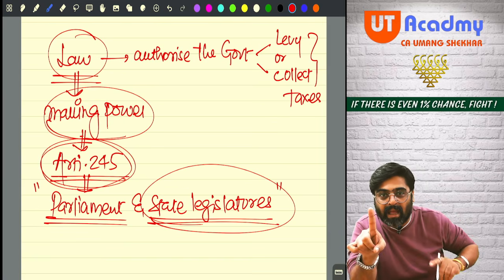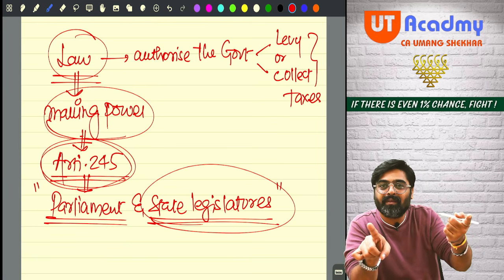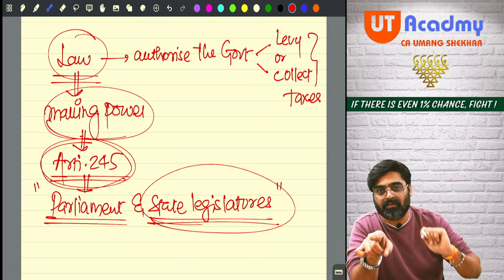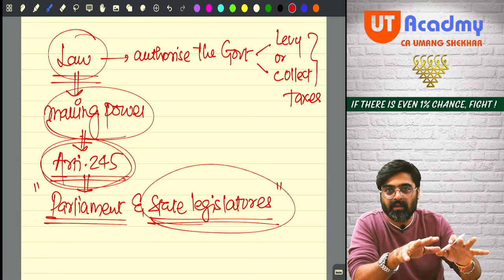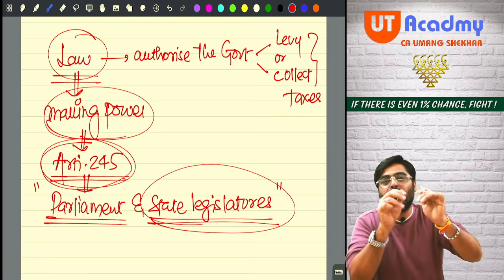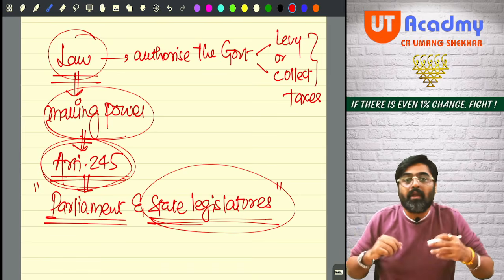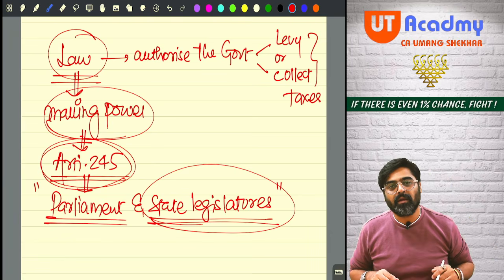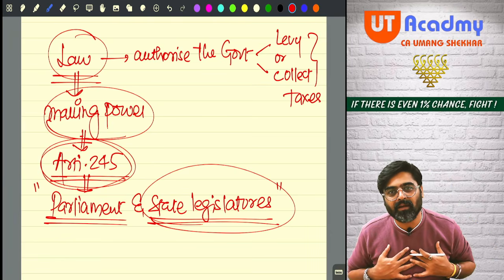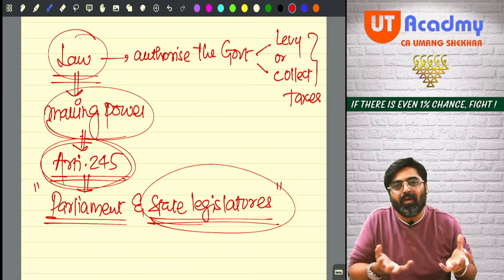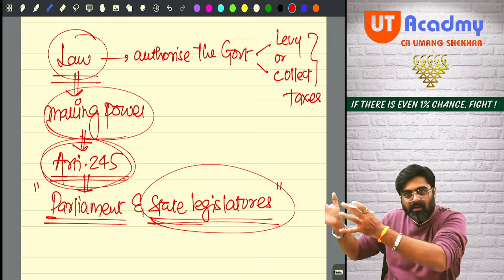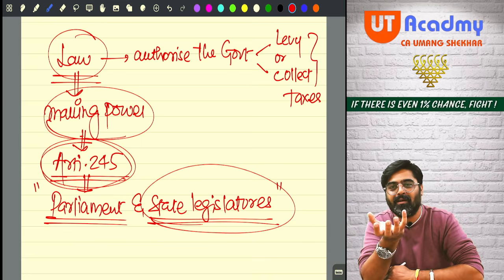And the same thing happens in the state also. And they are known as MLAs, members of legislative assemblies. Getting my point? Now what is happening? Who will make the law? See, tell me, whose country is this? My country. Who will run this country? We only will be running this country. How? From us only, a few people will go, form the parliament, and they will make the law to run the country.